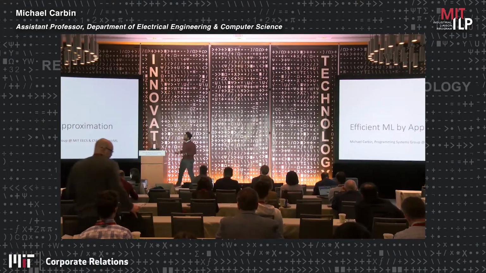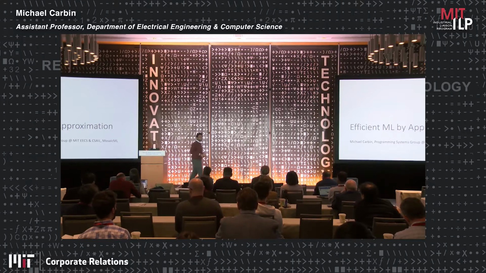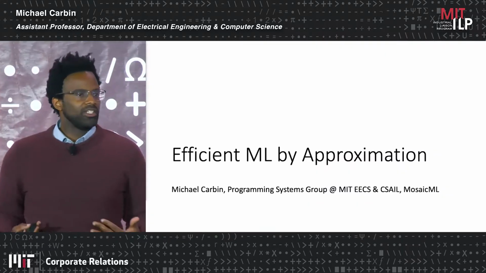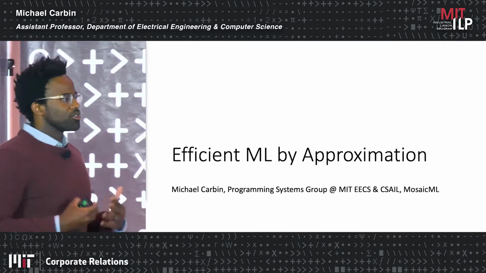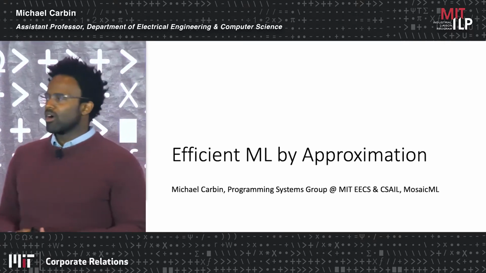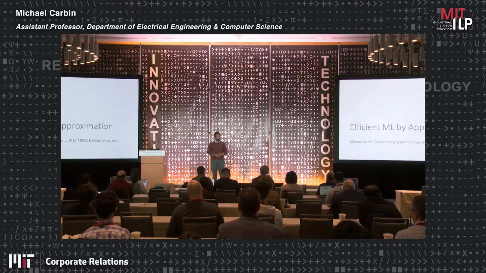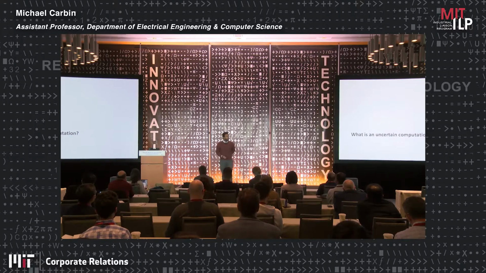So as was mentioned, I'm going to talk today about efficient ML by approximation. And so I need to give a couple of definitions here. One is approximation, but also why do we have approximation as an opportunity? And that is because I believe, or at least I've seen, and something that we're seeing broadly across software systems, is that our traditional understanding of software is moving away from our discrete, deterministic view of the world where software does just one thing. And instead, it's moving more towards uncertain computation. So let me give you a definition here for both uncertain computation as well as approximation.